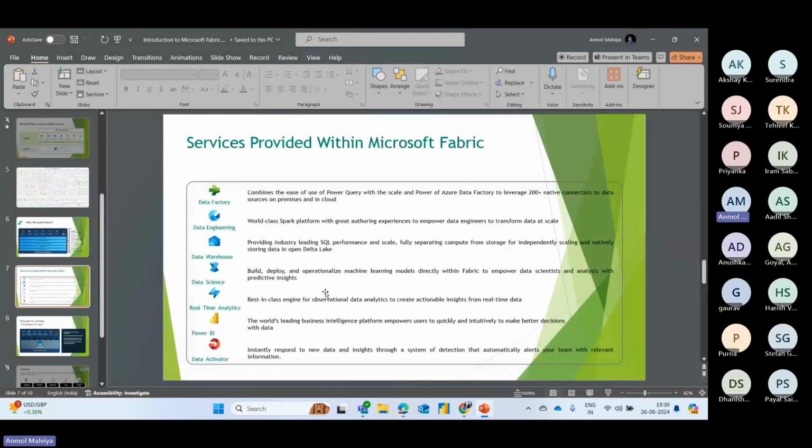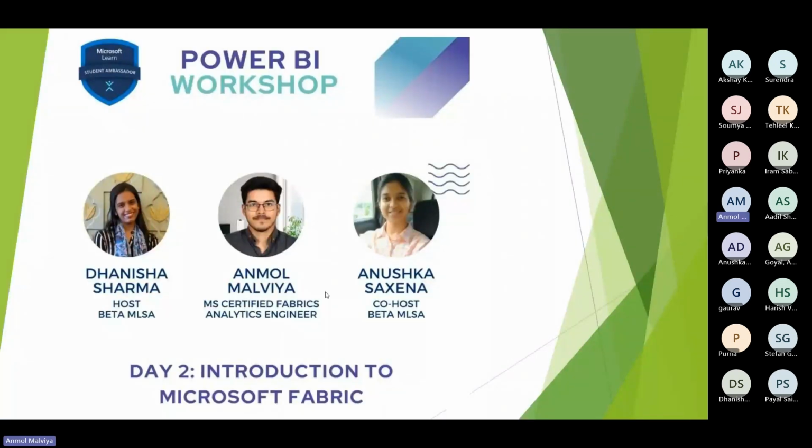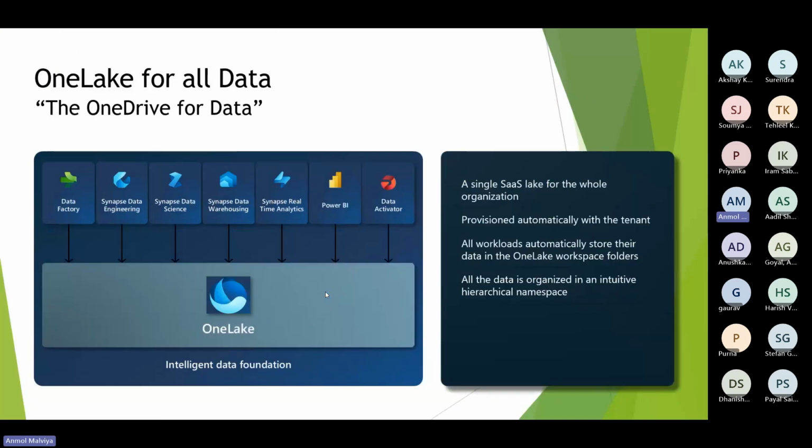So yeah, we have discussed the services provided. Now let's move toward OneLake. You might be wondering, Microsoft is providing so many services, so many tools are available, but where will they store their data? So here is the thing: Microsoft is going to store its data within OneLake. They are calling it OneLake, but we can term it as a OneDrive for our data. OneLake is Fabric's lake-centric architecture, which provides a single integrated environment for data professionals and the business to collaborate on data projects. It facilitates collaboration between data team members and saves time by eliminating the need to move and copy data again and again between different systems and different teams.